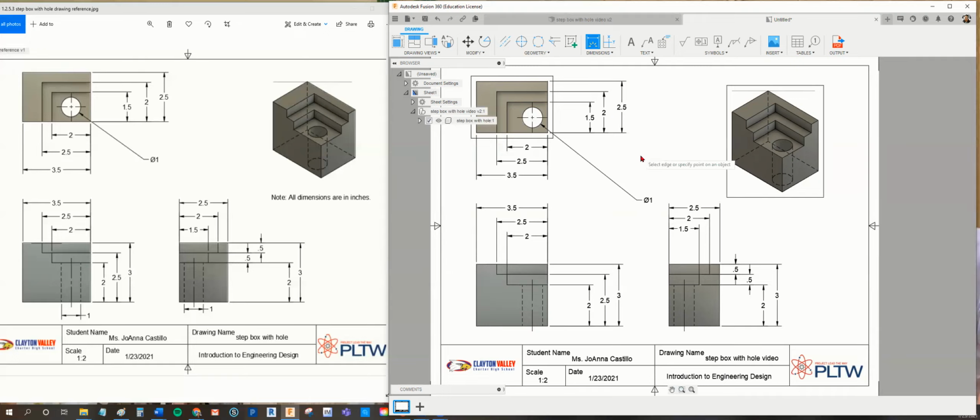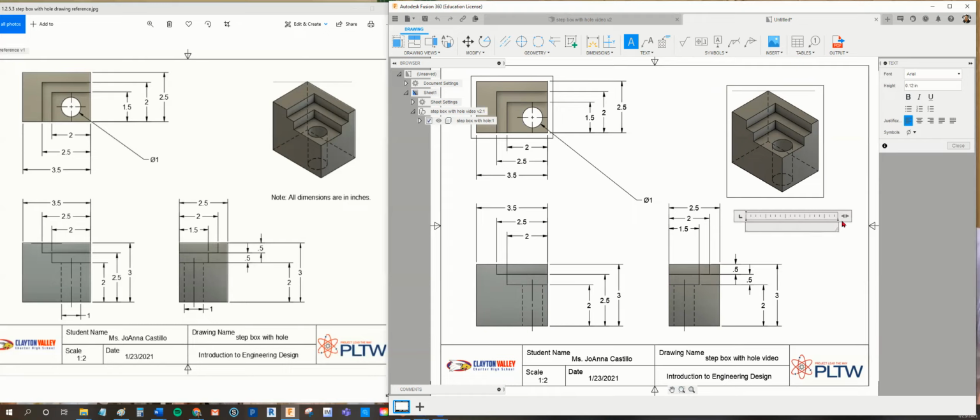But do as much as you can. Like I said, this is a practice challenge for you, and it's extra credit. So also you want to add the notes on here. I'm going to click text, and put it right here. Left click here. Left click and drag out for the text box. Note: